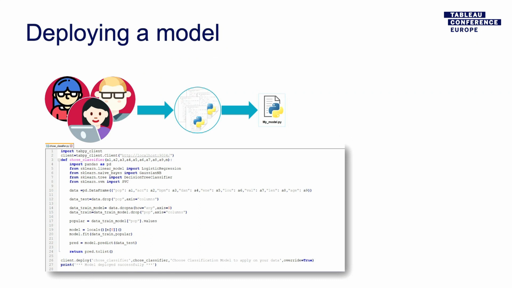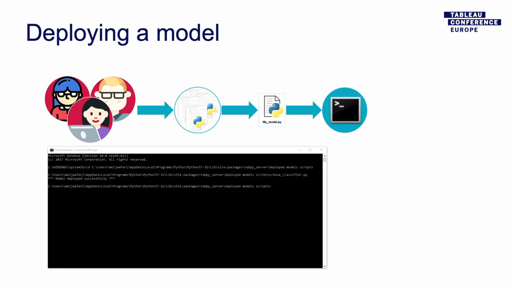So say, for example, we have a team of data scientists contributing to the code that we just used to try and identify whether a species is endangered or not. They can write the Python code of different classification methods and all collaborate and commit their code to the final Python script. What we're able to do by running a command line in the Tableau server environment is to deploy this model into the environment, ready to be called and utilized against our data in